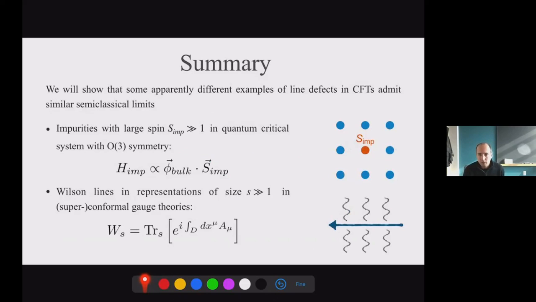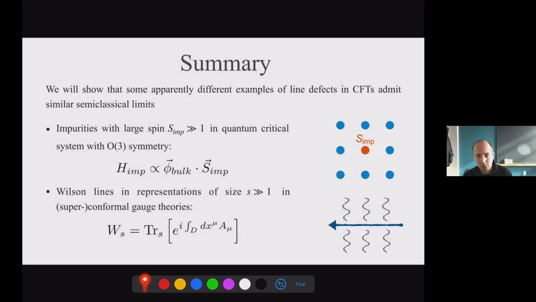Roughly speaking, my talk will be divided in two parts. The first part will be about impurities. What's an impurity? You take some lattice system, say in 2+1 dimensions, and you replace one of the atoms with a doping atom of a different spin. That's a line defect because it's extended in time, and it will couple to the bulk with a localized coupling like this. It's clear that in the limit in which the spin of the impurity becomes very large, in a free system, this will act as a large source,